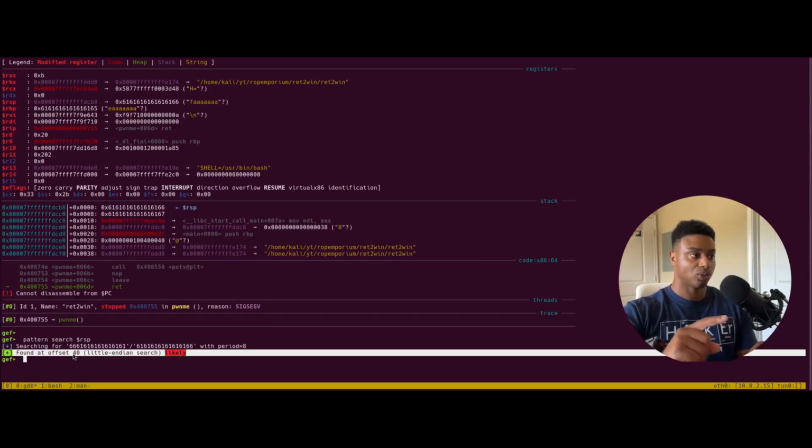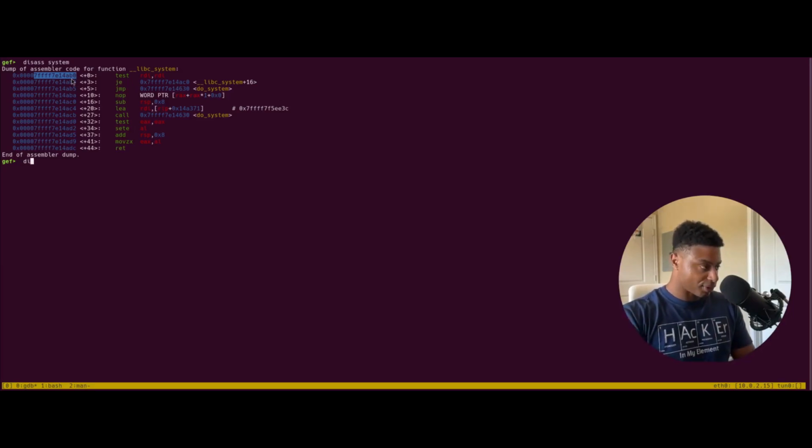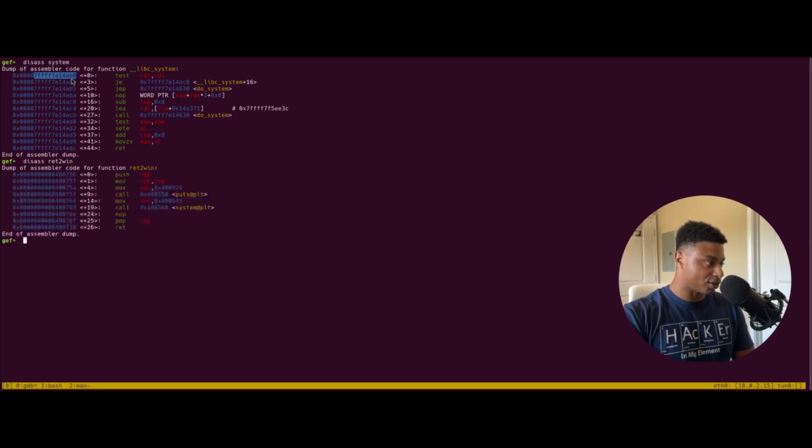So this is called ret2win because the stack is not executable. We can't just place our shellcode on the stack and then jump to that. We need to find some other function. So for example, if I disassemble system just to find the address of system, we could jump here. But for this challenge, they want us to return to a function called ret2win. So we want to change the return address to this function,